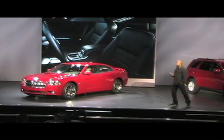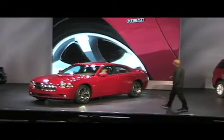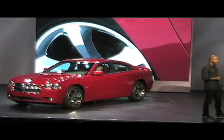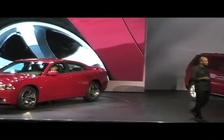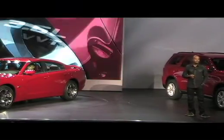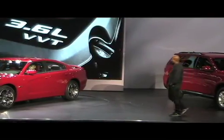But we haven't forgotten our soul. So the Hemi is back, yes. This time at 370 horsepower for those people that really need it. It accelerates phenomenally, sounds great. We've tuned the performance on it a little bit, but we honestly put our effort behind the V6 because that's where the segment is going, and we finally have a V6